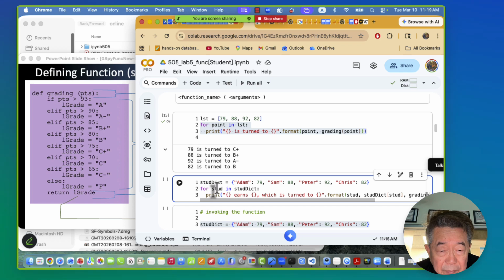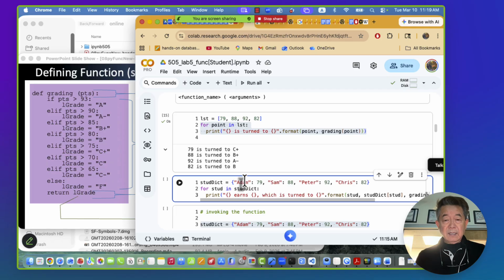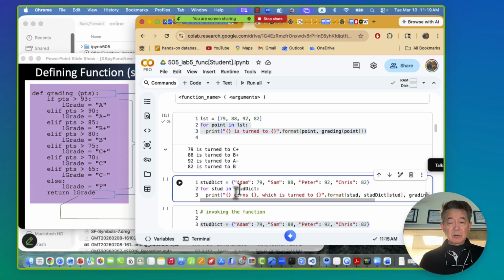then that variable is nothing but the key in the dictionary, because the dictionary is key and value pairs. So key will be the variable in this for loop statement. So for any variable, that is nothing but the key. So for each key, for the key, which is a student name, if we want to get the values for the students, then we can access the value by the key,